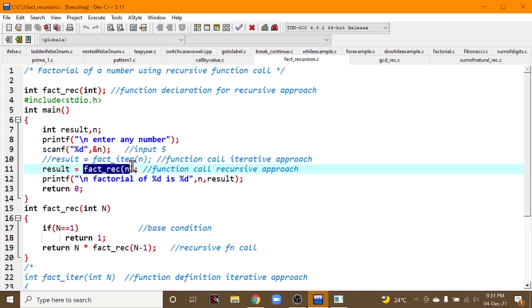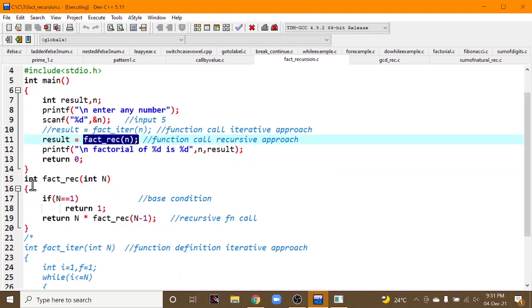What happens? This is a function call. Whenever a function is called, it moves into the function definition. It checks for the function definition in the program. There is a function definition with curly braces, where it takes the argument as n. If n is equal to 1, return 1. If you want 1 factorial, you simply return 1, no need to do recursion. We are not writing any else case. Simply, if it is not 1, return n star fact of n minus 1.